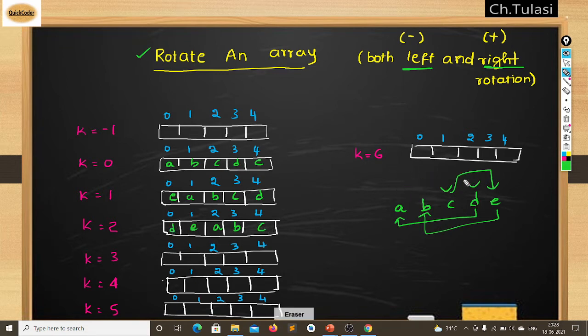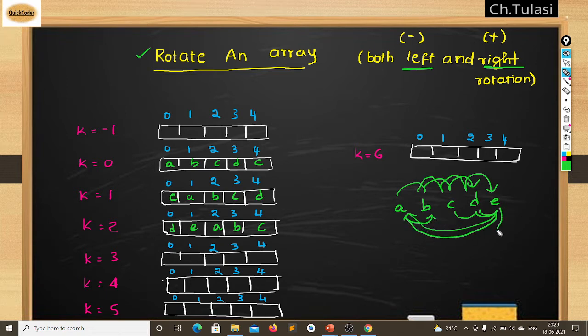And again, if my k is equal to 3, that is 3 steps: 1, 2, 3. A comes here. B, 1, 2, 3, comes here. C, 1, 2, 3, comes here. D, 1, 2, 3, comes here. E, 1, 2, 3, comes here.